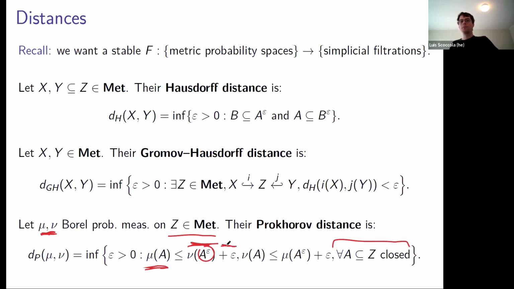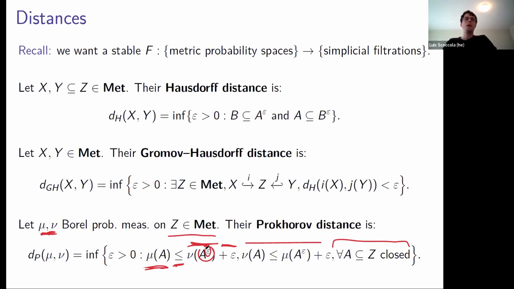And then you allow some epsilon that you may be missing to have this upper bound. And then you do the same thing on the other side. So the exact definition of this distance is not super important. The important thing is that it's telling us how similar two measures on the same metric space are. And it's taking the metric structure into account because it has this epsilon here that has to do with the